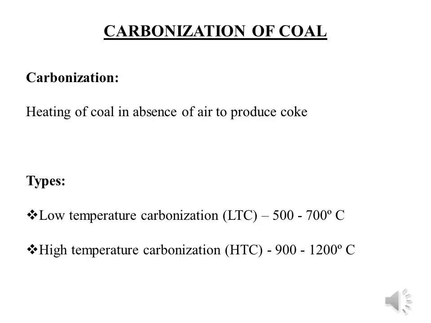And next one is high temperature carbonization. In this process, the carbonization will be done at 900 to 1200 degrees Celsius. Here, the product formed is stronger, smaller, and less reactive. This is known as hard coke or coking coke. This high temperature carbonization is used for the manufacture of metallurgical coke. In this video, we discuss these two methods for metallurgical coke manufacture. First one is Beehive oven method and another one is Otto Hoffmann byproduct oven method.